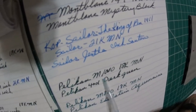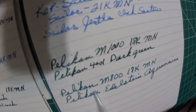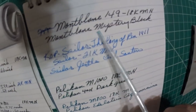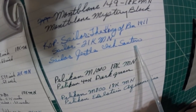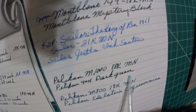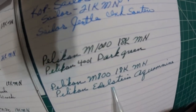And then here's your Pelican M-1000. And then here's your Pelican M-800. Look at your different inks. Mont Blanc Mystery Black, Sailor Gentle Souten, S-O-U-T-E-N. Then you come down to the Pelican dark green. It's a real nice dark green. I like that color. With the Pelican Edelstein